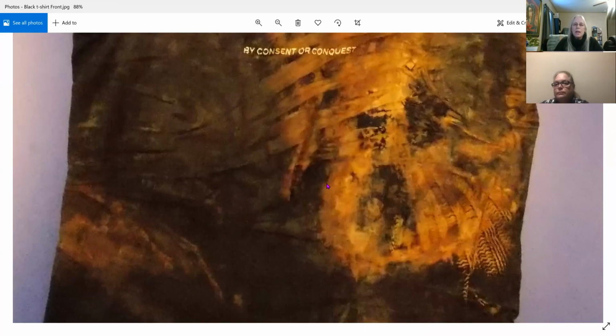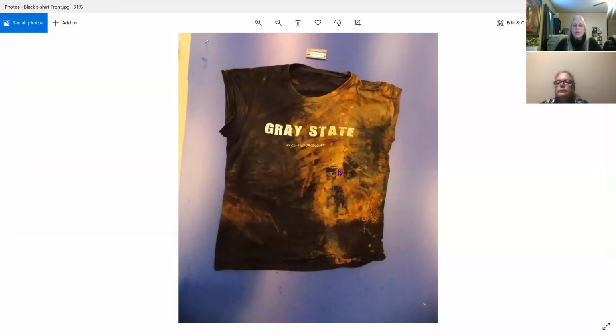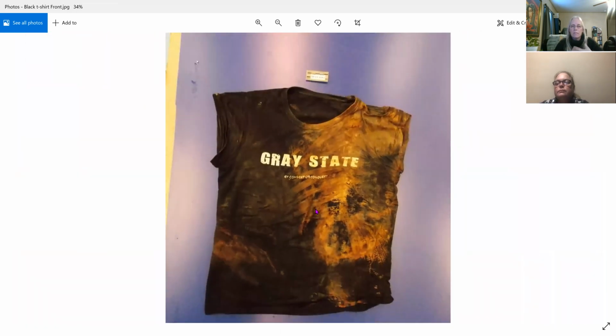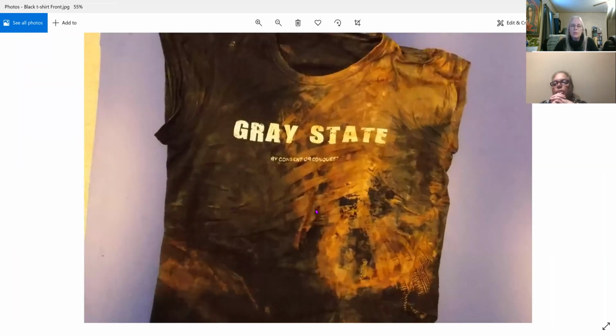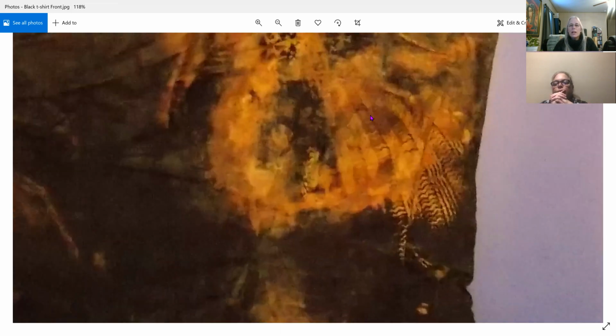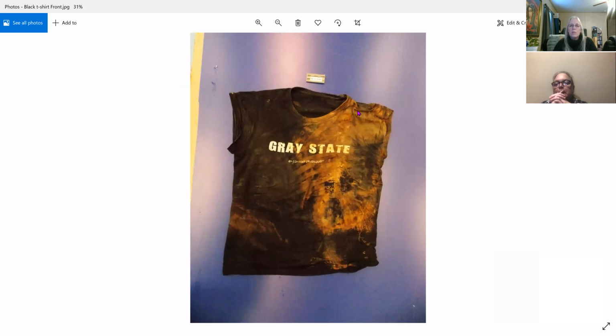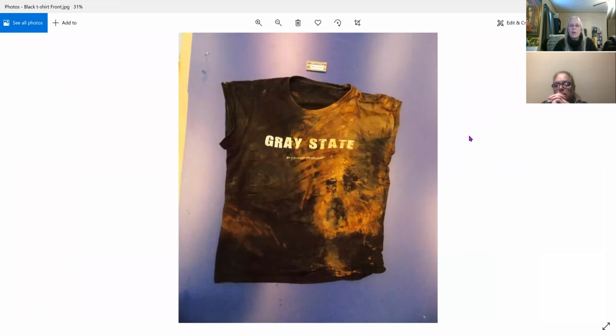I think this, okay, yes, I want to share this photo as well. Let me do share screen, this photo, share. Okay, so this is the one we're talking about, and you can see the bunching right here. It was not worn neatly on the body. It was all bunched up in the front. And this right here is the pattern from the sweater. So we've got sweater patterns on this shirt. But yet, like Sophia was pointing out,